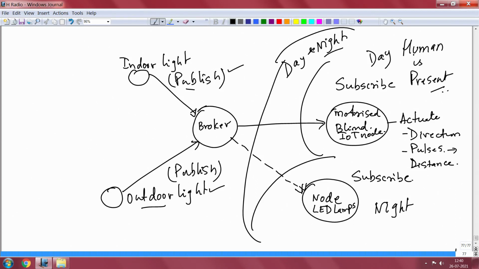Now, what you can do is very simple. You see how complicated you can build applications. Let us say I have one other sensor which is giving me information about human presence.